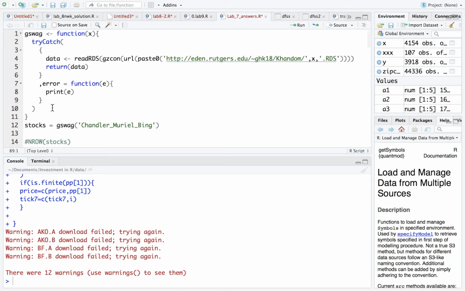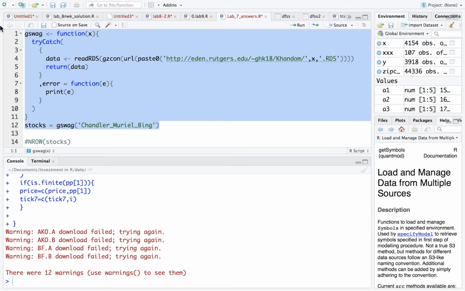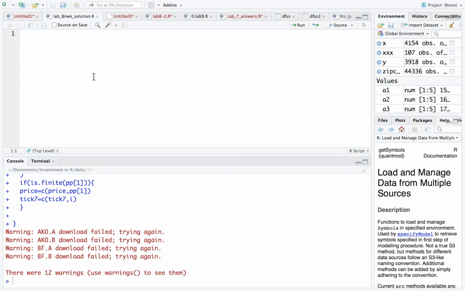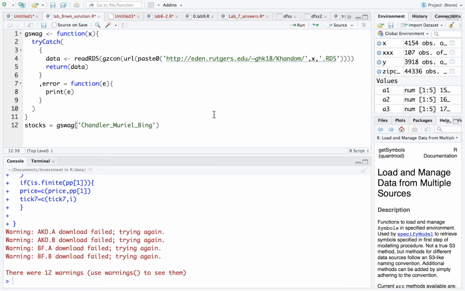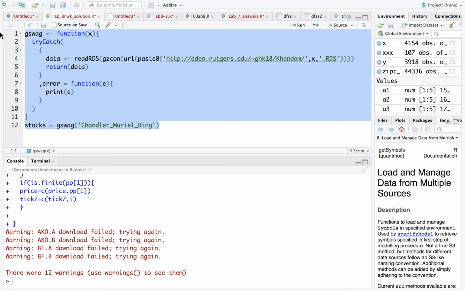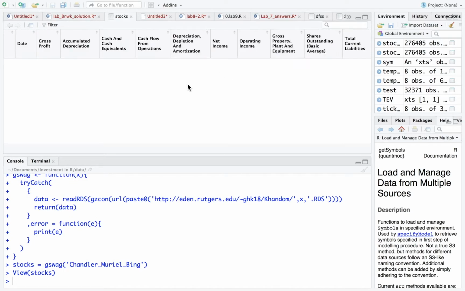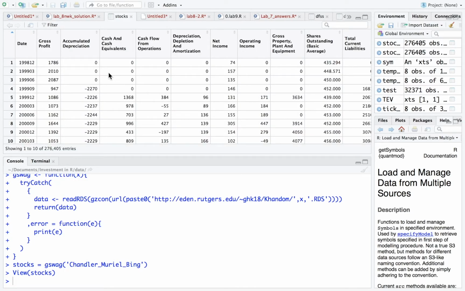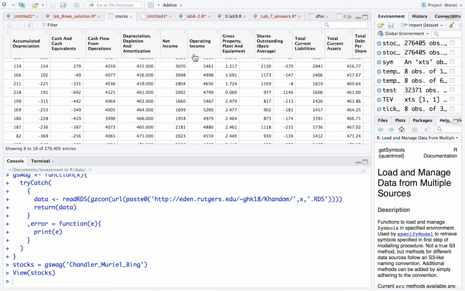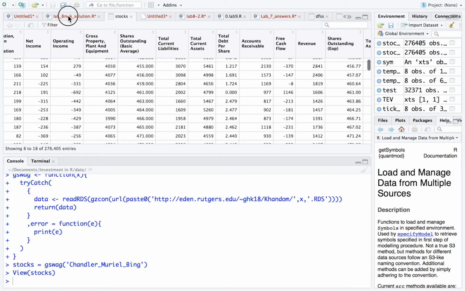To start, I take my magic command that gets me my data. Again, you won't be tested on this. This is just an easy way for you to get the data. I run this. Bam. I have my stocks table now. If you click on this, you see a massive table of data, all these tickers, these dates. Okay. From here,